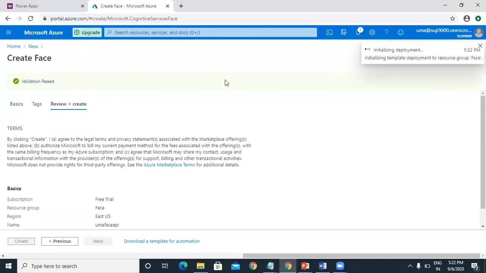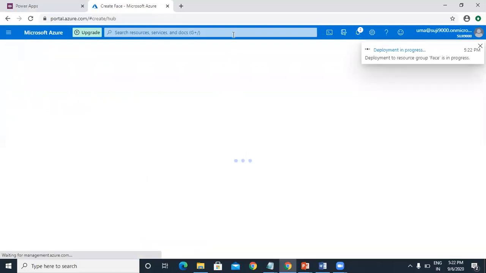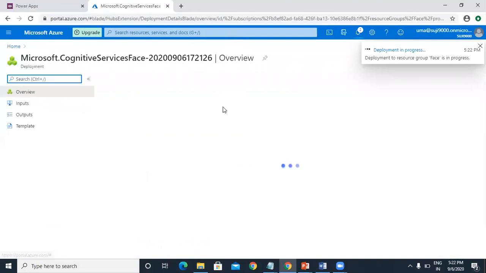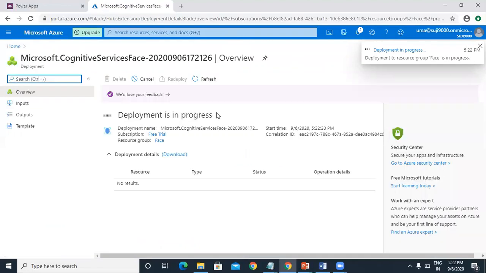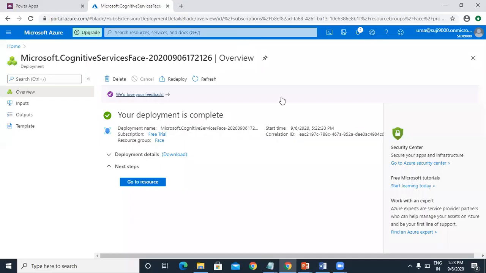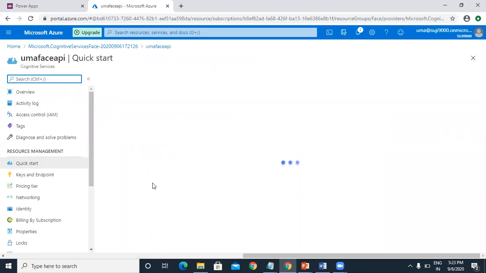It will take some time to create this Face API. Now it is in progress. Now it has been created, so I'm navigating to my Face API.